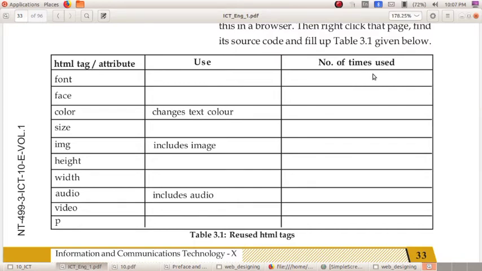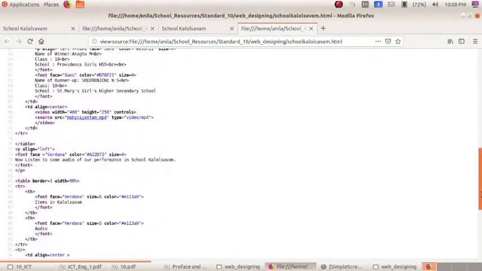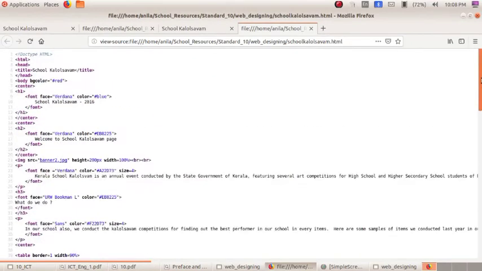So write there as 32. Okay, the font tag is used in this page 32 times.